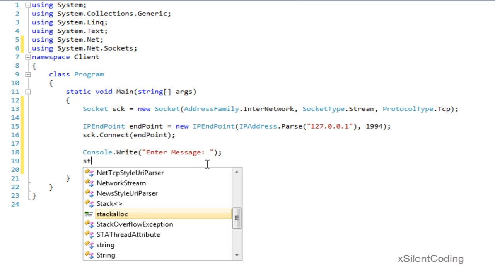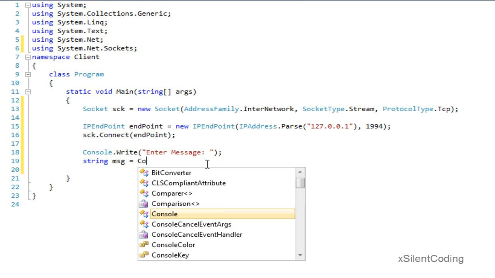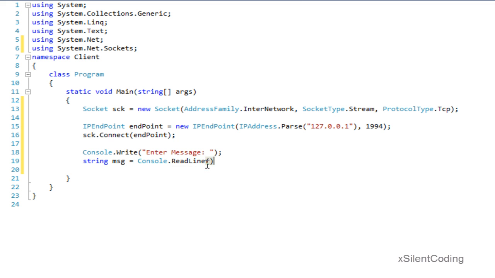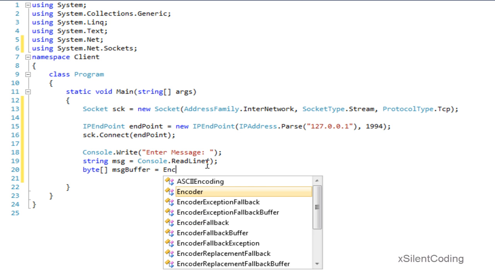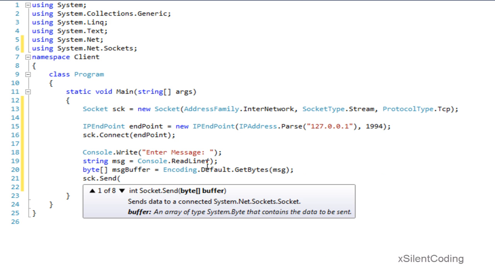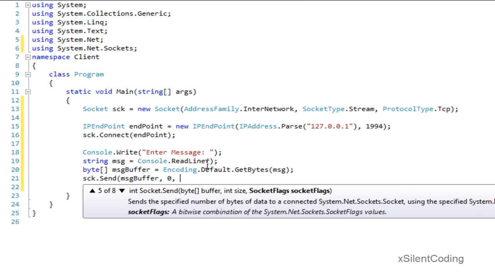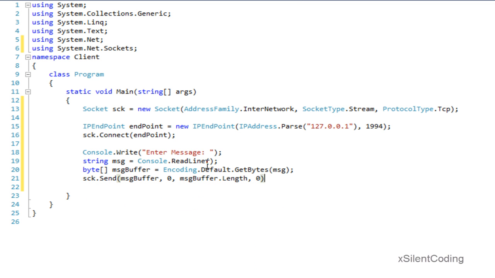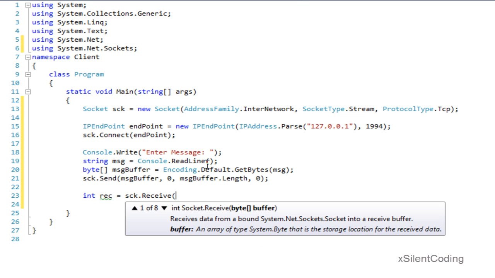Okay, and then string message equals Console.ReadLine and byte[] message buffer equals Encoding.Default.GetBytes, our message, and then socket.Send message buffer, 0, message buffer.Length, and 0, and now int res equals, this is starting to look familiar, Receive, oops, forgot our